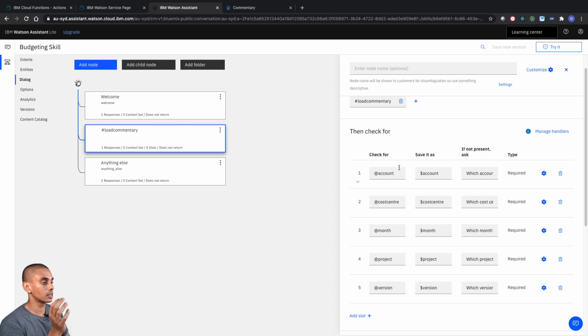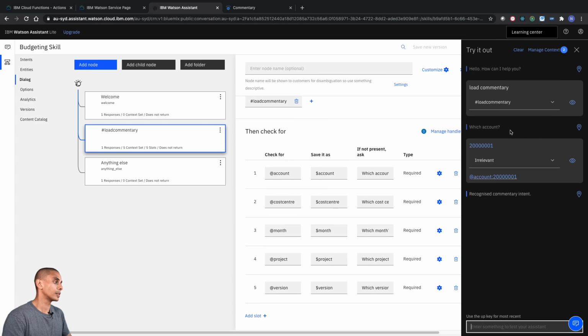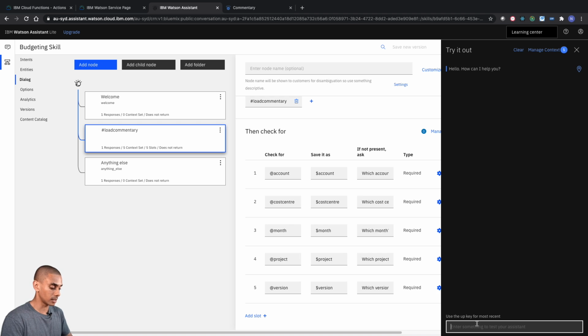So those are our slots done. So we've got 1 for an account, 1 for a cost center, 1 for a month, 1 for a project, and last but not least, 1 for a version. Now, if we go and try this out, if we clear our context and type in load commentary,